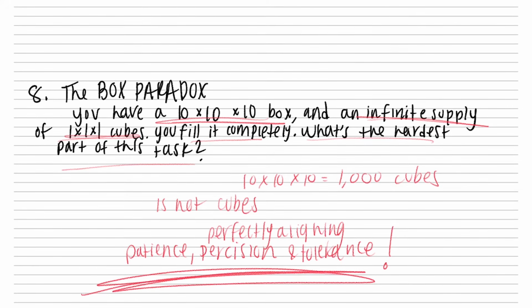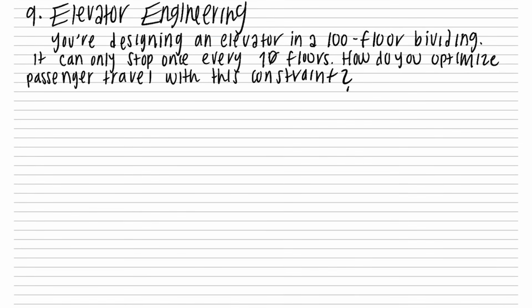All right, next problem. Problem 9, elevator engineering. So, what I would do, well, let me read the problem first. Elevator engineering. You're designing an elevator in a 100-floor building. It can only stop once every 10 floors. How do you optimize passenger travel with this constraint? What I would do is I would make everybody take the other floor. I would have a huge sign that says, please